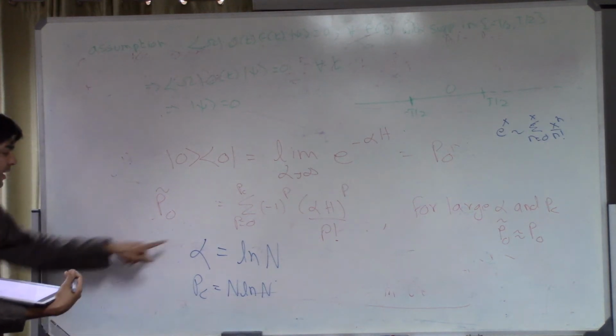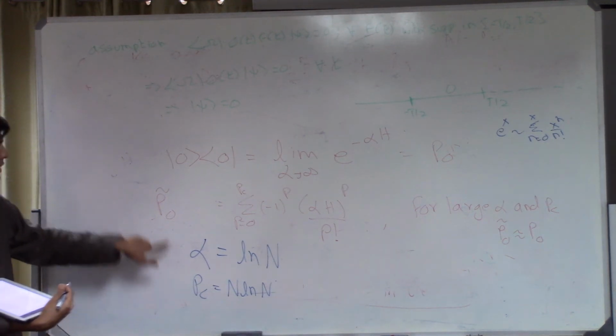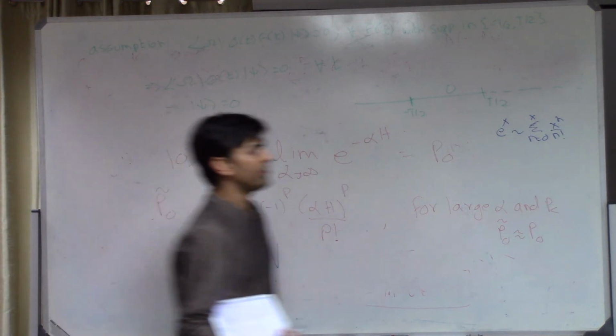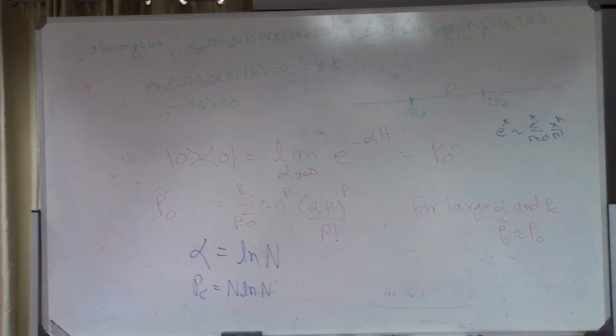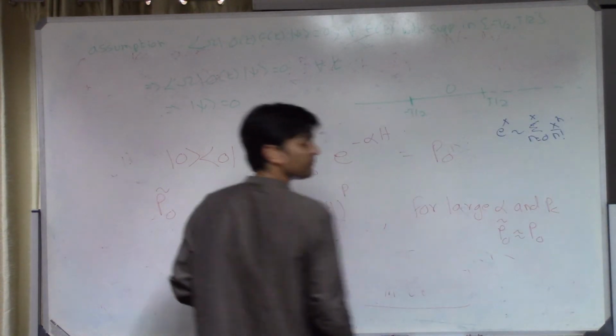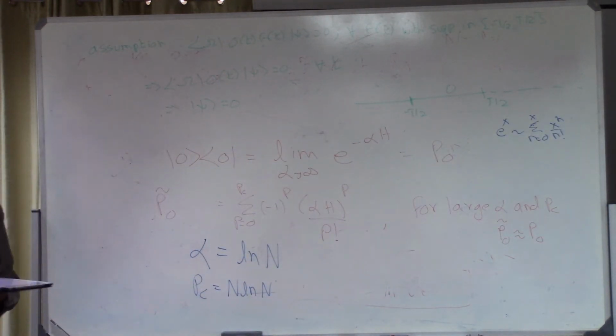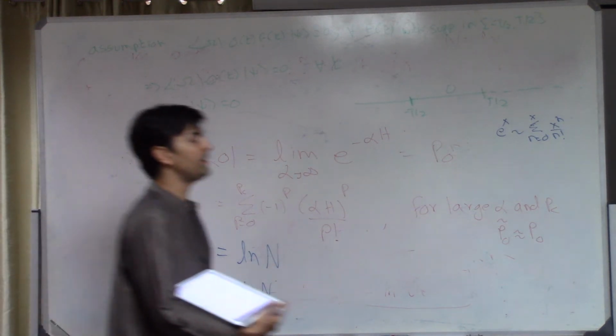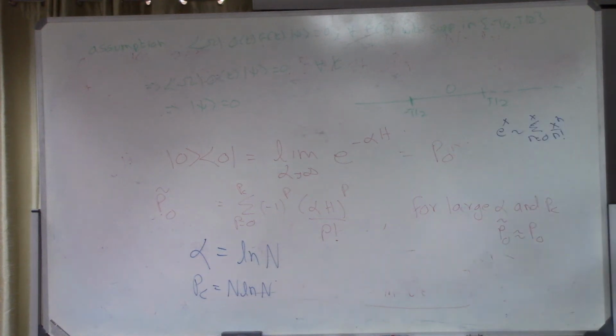With these values, alpha is equal to log n and Pc is equal to n log n, this P0 tilde gives us, within all low energy states, within all states that don't have energy n, an excellent approximation to this projector P0. But now notice that this projector P0 tilde is a complicated polynomial in operators that have support only in this